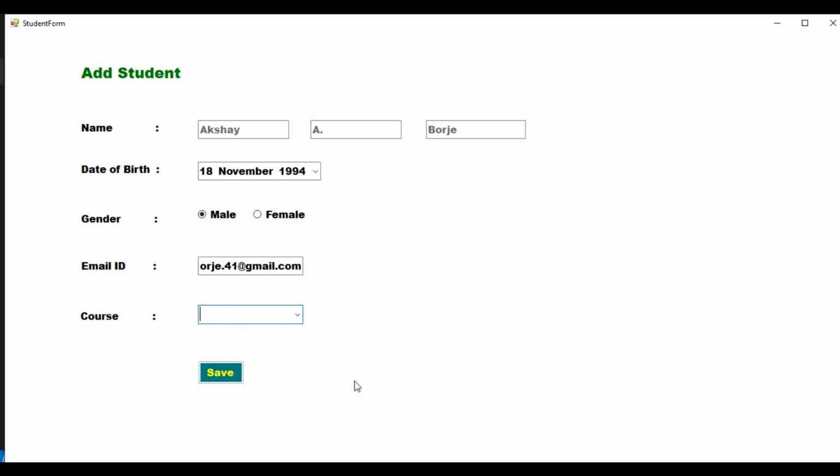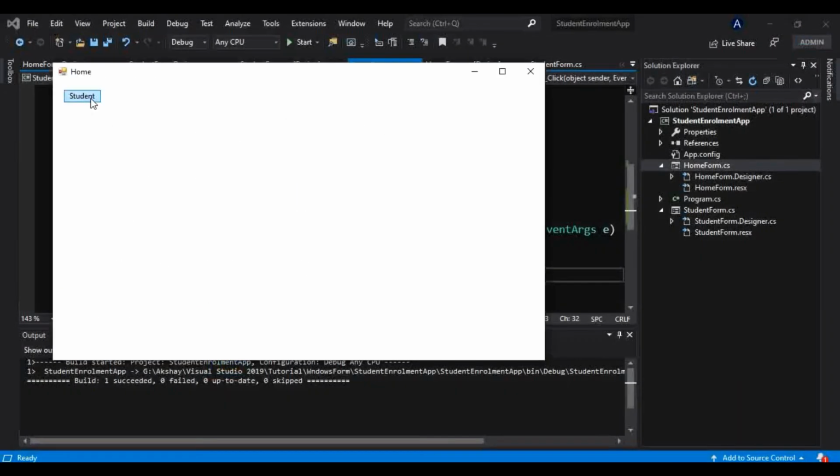Also, how can we see those records: if I click on students, we should be redirected to the students form and get the list of students in our database. All these things we will learn in the next part of this tutorial.